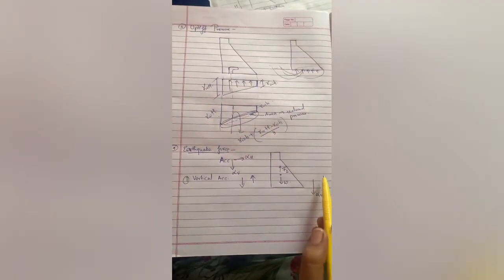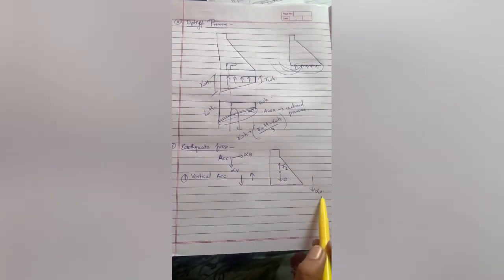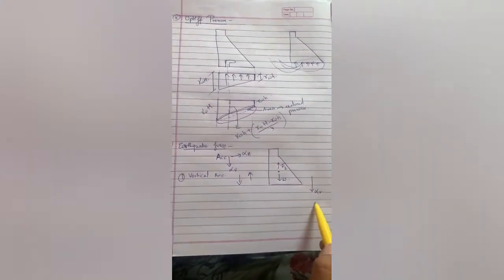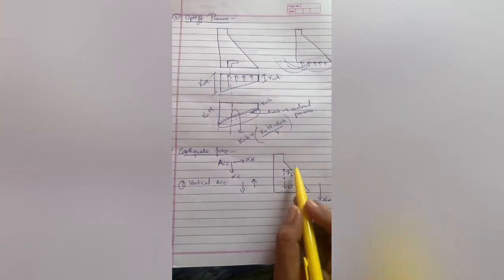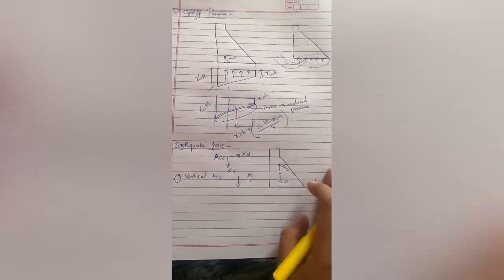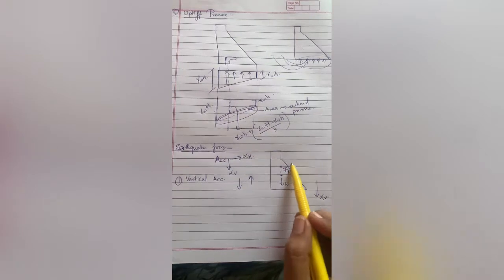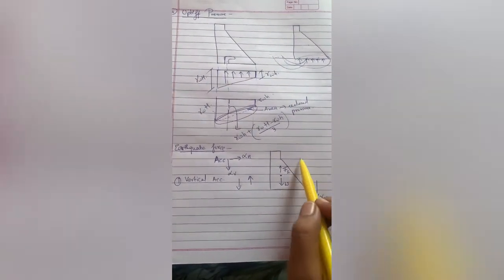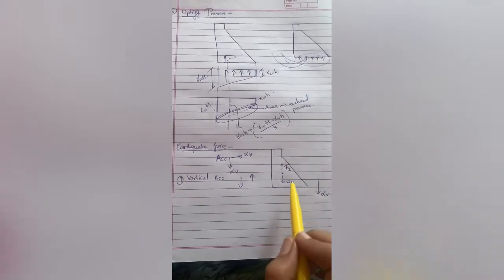So we have to find out this vertical acceleration acting on the dam. This is the vertical acceleration which is acting in downward direction. Now this is the weight. W is nothing but the self weight of the dam. When this acceleration is acting in a vertically downward direction, there is an inertial force of the dam acting in upward direction, so that our dam doesn't collapse.